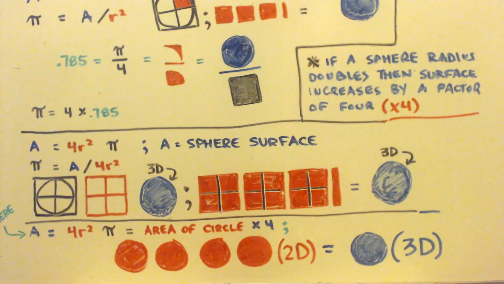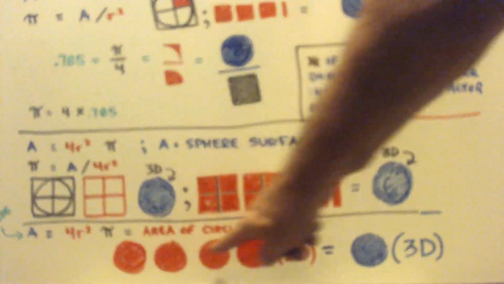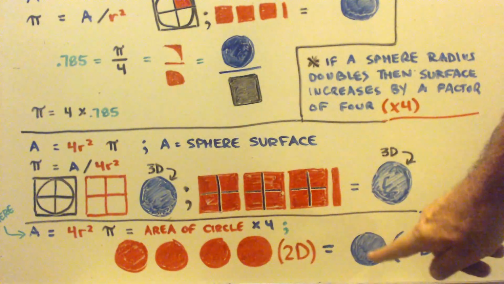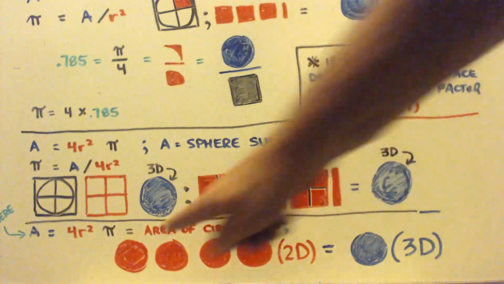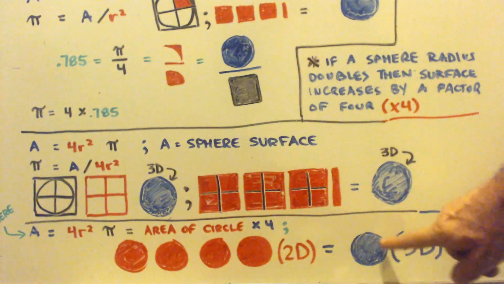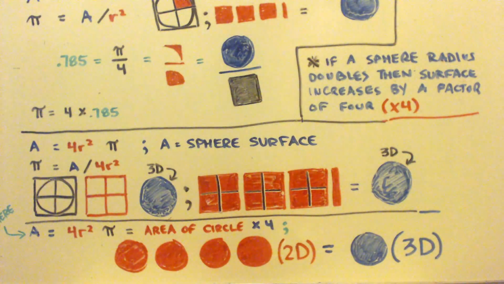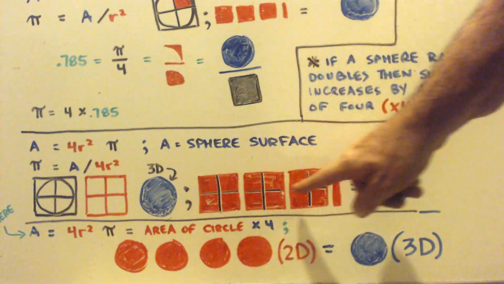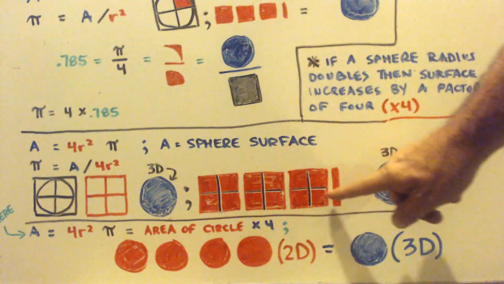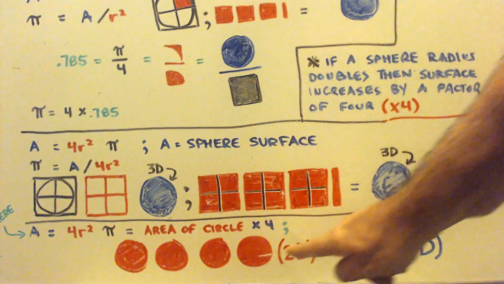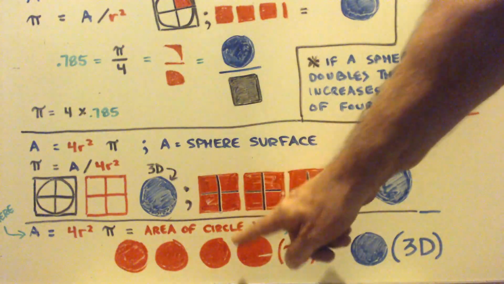But all they're saying, right, is there's a ratio between these 4 2D circles and the surface area of this 3D thing. There's 4 of these equals the surface area of this, and this surface area equals 3.14 of these, right? And 3.14 of these equals 4 of these, right? They're a ratio of